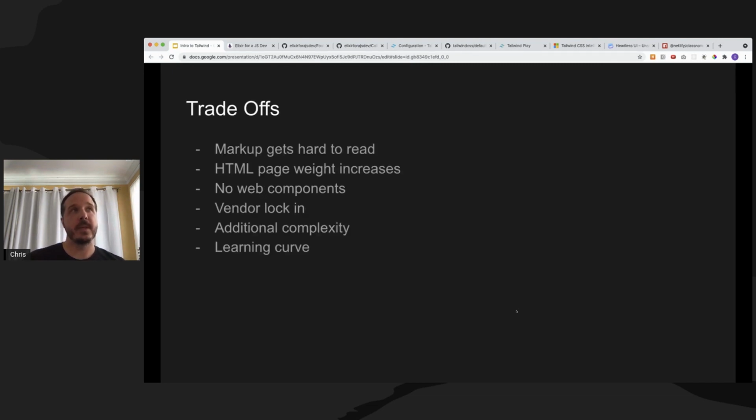Now we'll talk about some of the trade-offs that you have to make. Obviously, there are no silver bullets in what we do. Otherwise, we'd all just do one thing. So one of the big trade-offs, and I think this is what drives a lot of people away from Tailwind, is that your markup can get extremely hard to read. A lot of people have said, oh, it's ugly. There are a lot of classes that you're adding to your elements, and in real use cases, your class names can get really long,